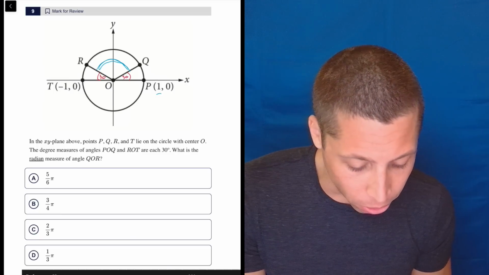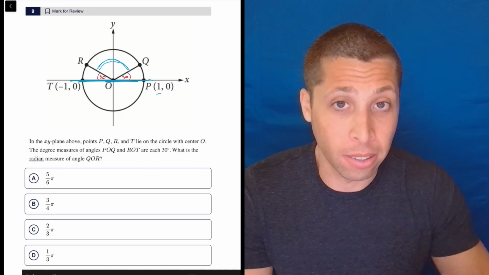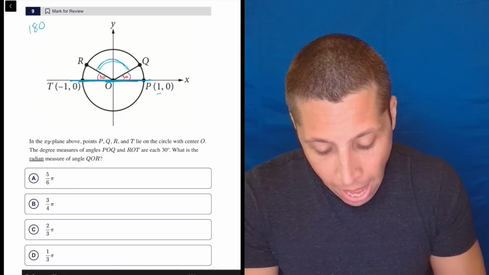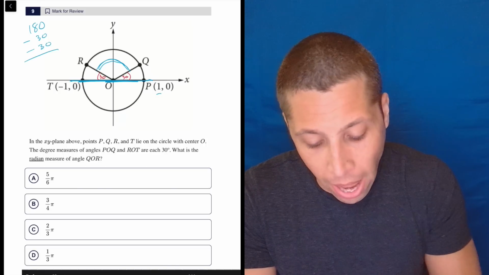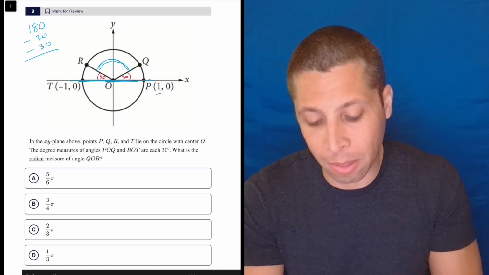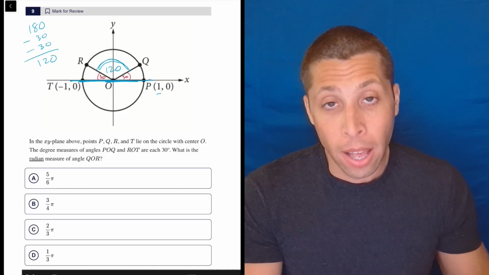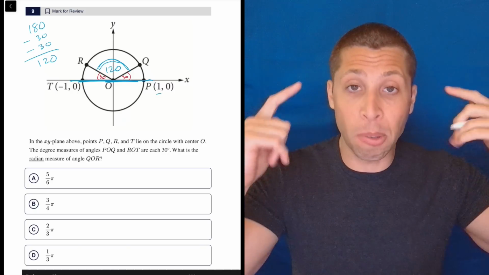The top of the circle right here above is 180 degrees because it's a line. And so there's 180 degrees in a circle or in a line. And we have 30 accounted for on either side of angle QOR. So that's -60. That leaves us with 120. Now, again, the unit circle could come in and you'd be like, okay, 120 degrees, I'm supposed to memorize how